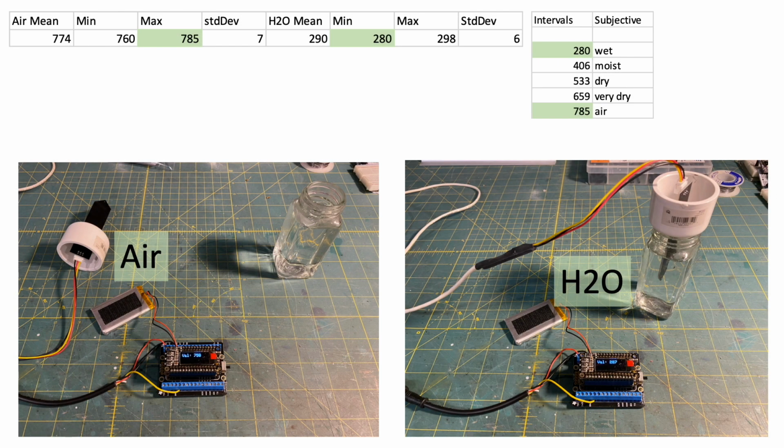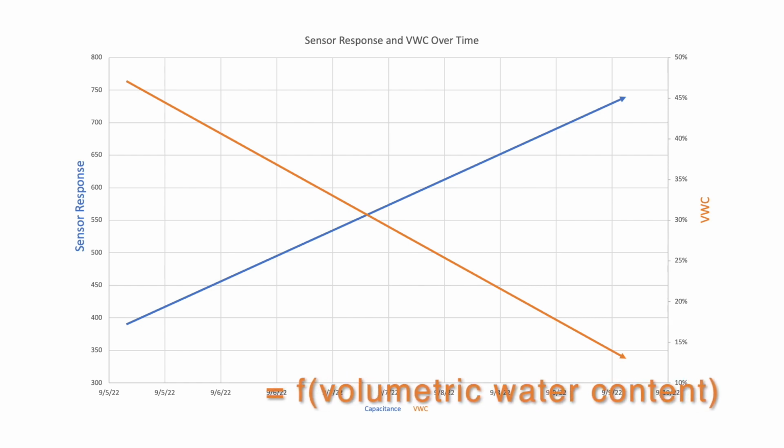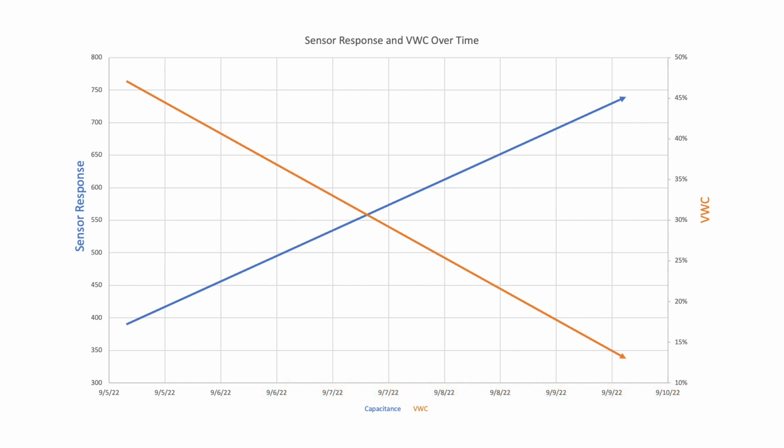So, based on prior experiments, we now know that capacitive soil moisture sensors that meet quality assurance criteria realize a repeatable signal response of 280 in water up to 785 in air. Most makers will use the signal for wet and dry endpoints to develop a linear curve for approximating soil moisture as a function of signal response, with the sensor reporting lower numbers in moist soils and higher numbers in dry